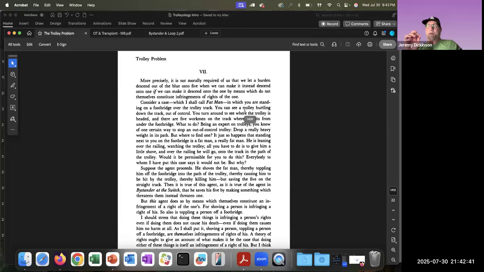If we can redirect the danger or the burden toward the 1 by means that don't constitute an infringement on the 1's rights. So the means that we would take to redirect danger from the many, the 5, to the few, the 1, is permissible, or can be permissible in some cases, if, as she puts it here,